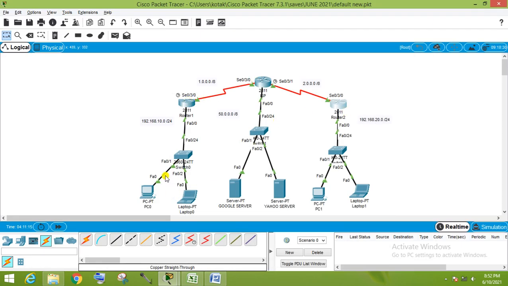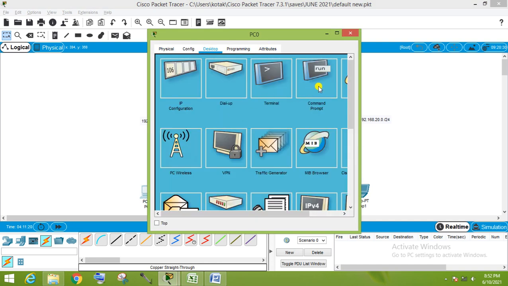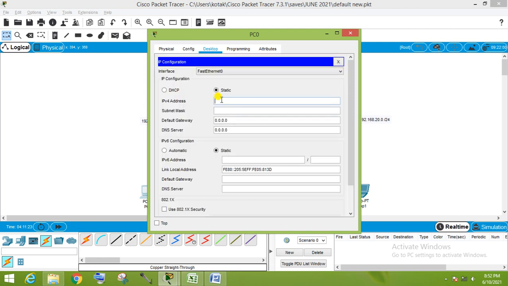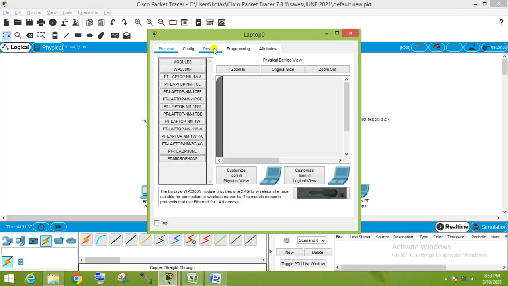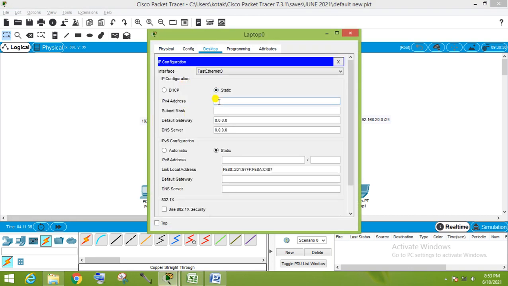Now we have to configure the IP address on these PCs. I'm going to the default gateway also here. 10.1 is that for this laptop. 192.168.10.1 is the default gateway for this.